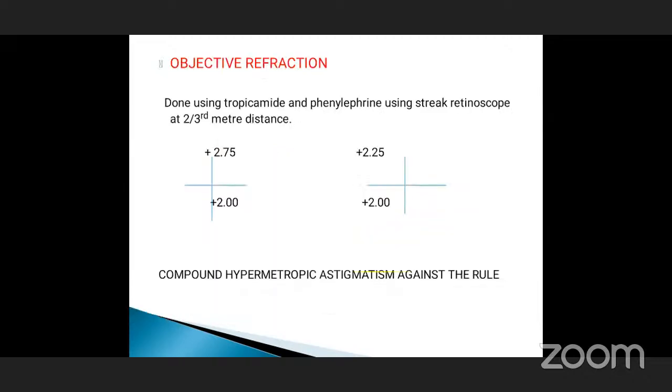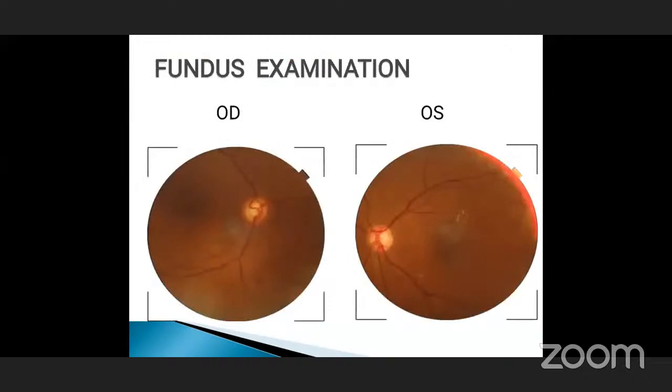And fundus examination of the left eye is also media clear with a normal optic disc with no hyperemia or blurring of the disc margin. Cup disc ratio is 0.3 with neuroretinal rim pink. Surrounding retina is normal, and the vessels show no sheathing and are normal. Macula shows a few hard exudates supratemporal to the fovea, and microaneurysms temporal to the fovea with dull foveal reflex.